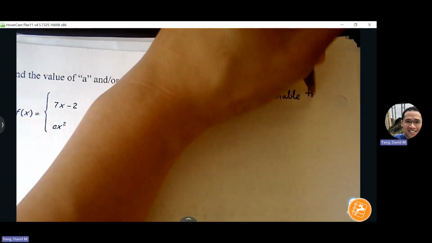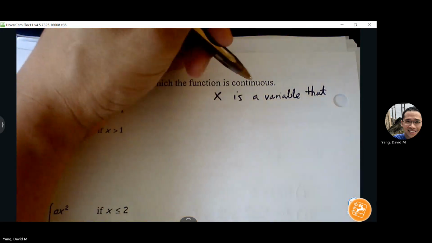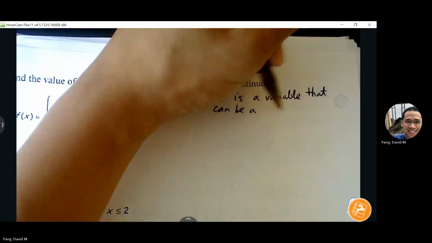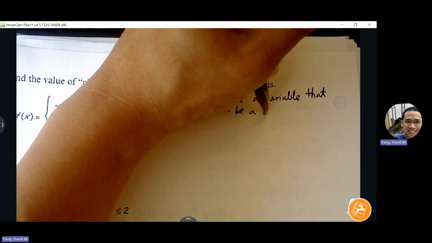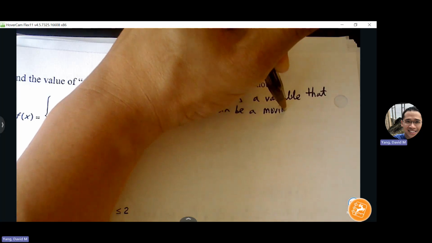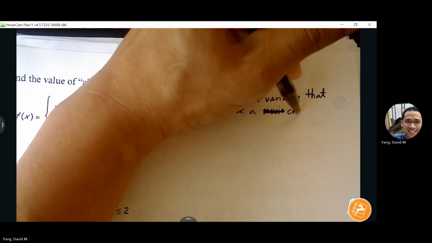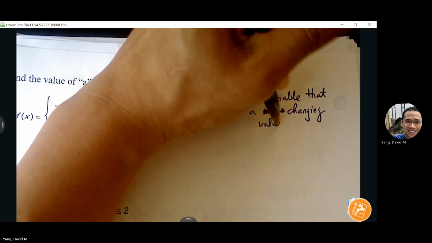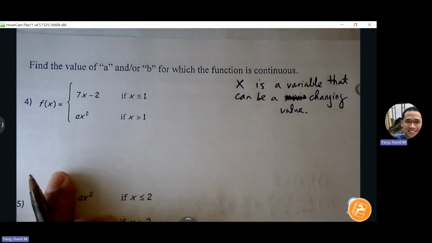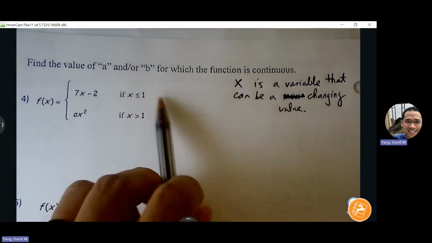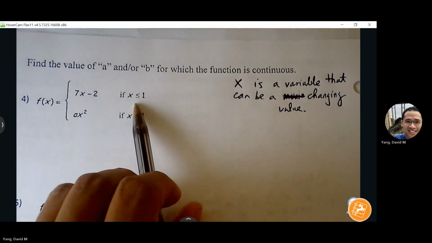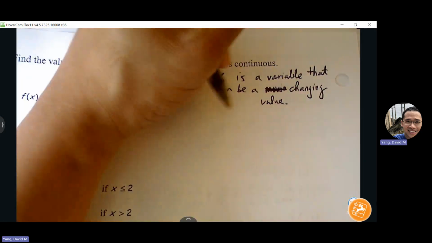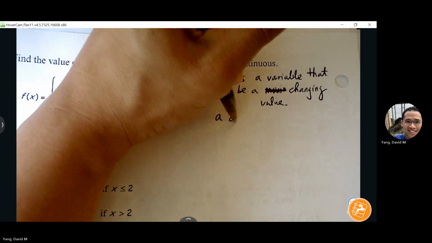Okay, that can be a moving value or a changing value. How's that? So 1 second X could be 1, another second X could be 2, right? It just depends on what it could be, right? So X is a variable that can be a changing value, but your A or B,